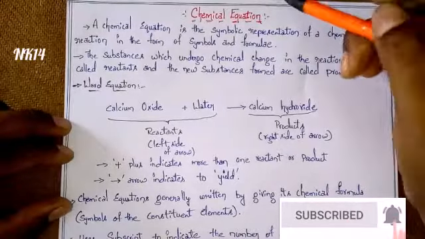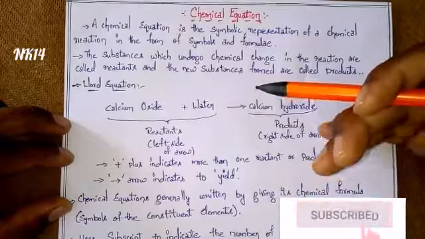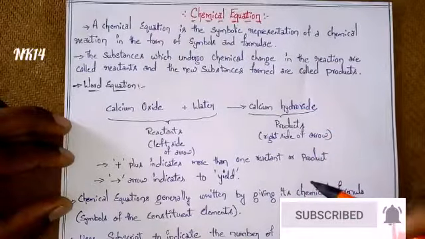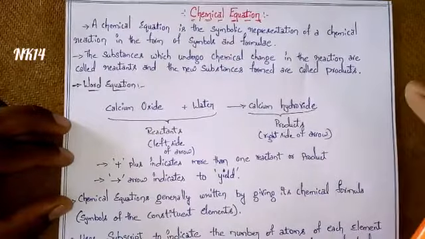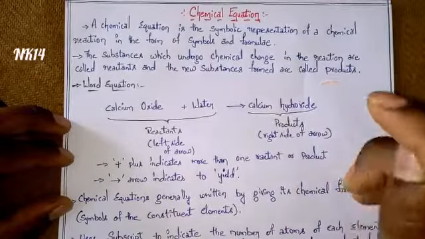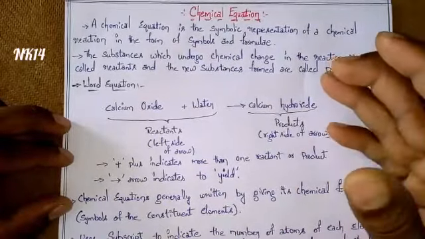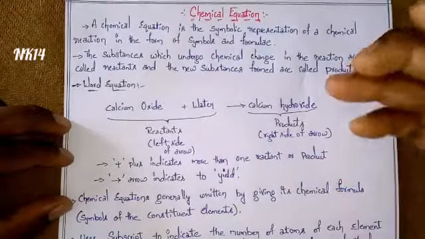Friends, now we will see what a chemical equation is, what steps are involved in a chemical equation, and how to balance a chemical equation. For this balancing of chemical equations, I have taken one example. That example I will explain at the last. So friends, for this you have to watch the video until the last. If you watch the video until the last, you can get more knowledge. So friends, let's start the video.